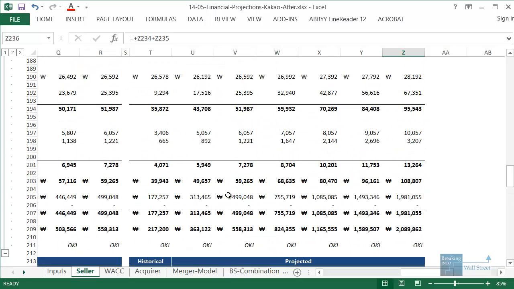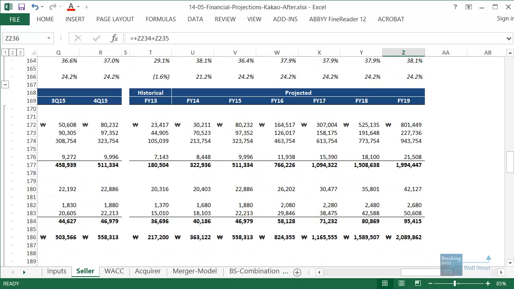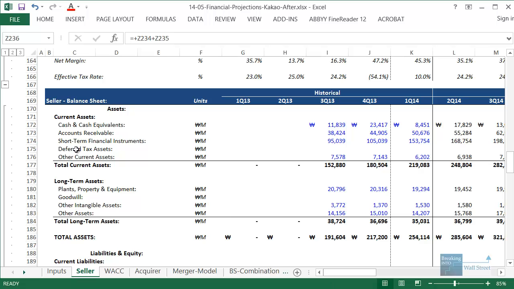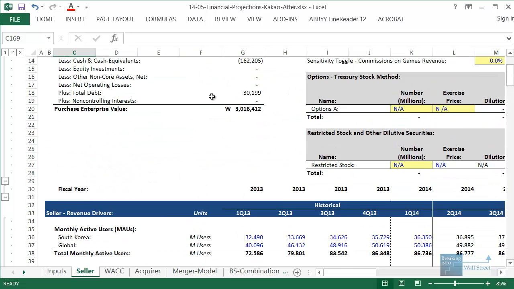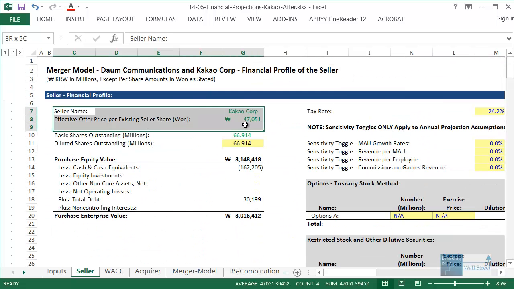And our equity also goes up by an even bigger amount if you look at the numbers here. The reason that happens, of course, is because the company is diverting some of its cash to buy all these short-term financial instruments. So in a sense, it's almost ironic how this company's cash flow profile and their financial statements, and how they change, is actually very similar to what we saw for the much smaller private company, which is part of the reason why I picked this as an example to illustrate that even though Kakao Corporation and our business are totally different sizes,